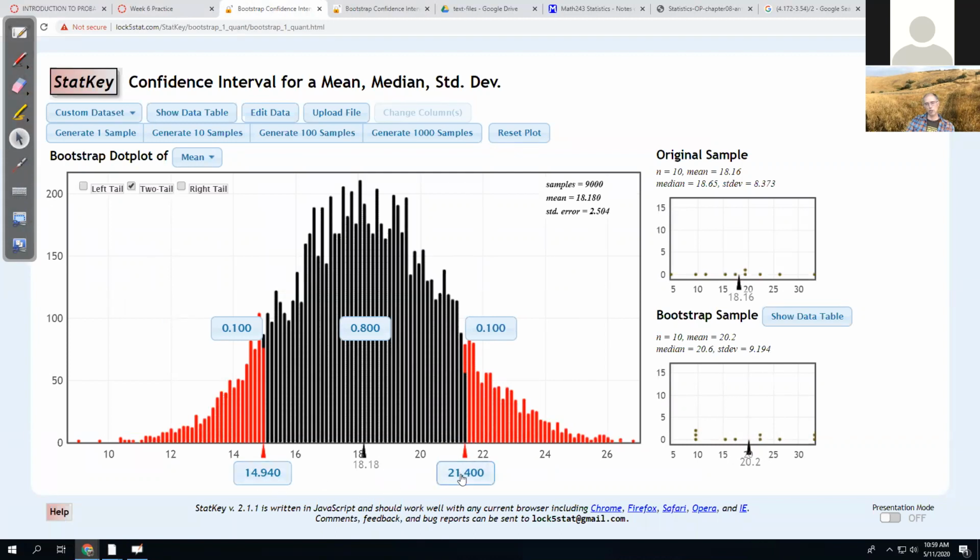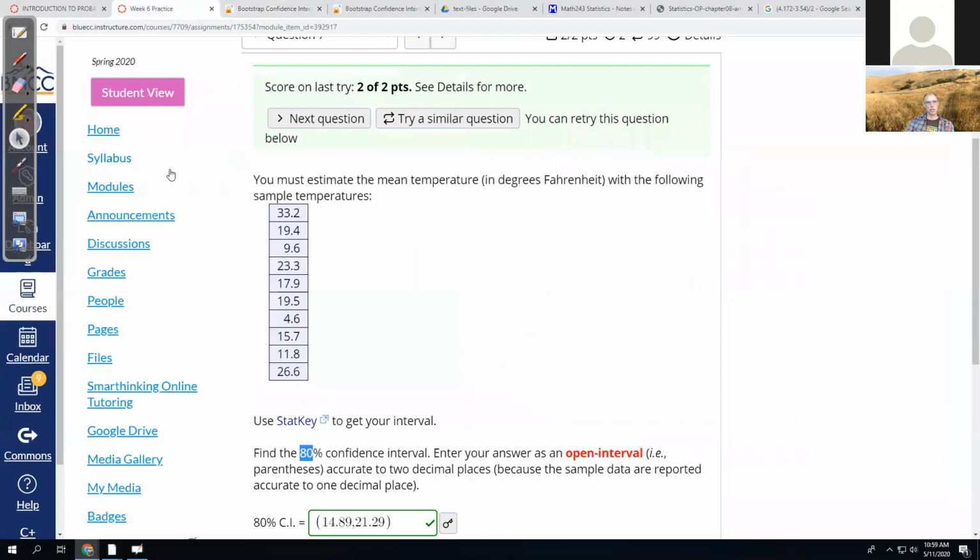If it asks for a margin of error, then you're going to have to subtract and divide by 2. So sometimes you have to do arithmetic. The hard part then is interpreting. What does that mean? And I'll be talking about that every day this week. It does take getting used to. The steps for doing that are listed